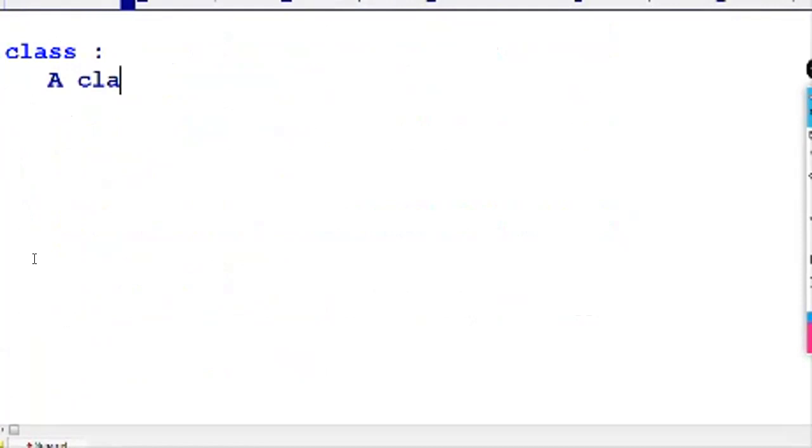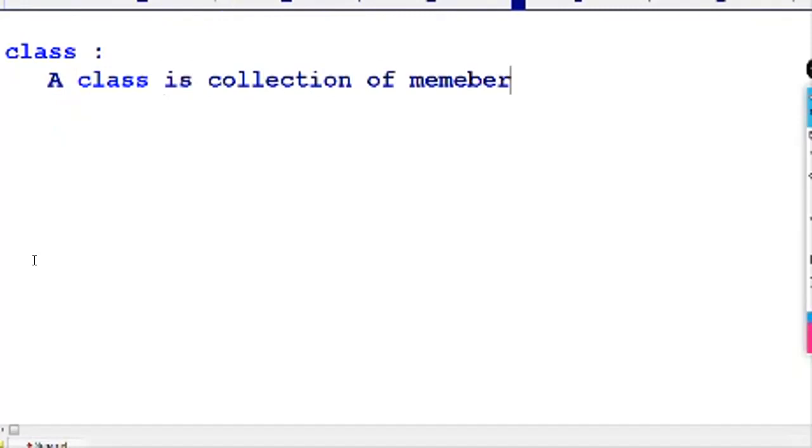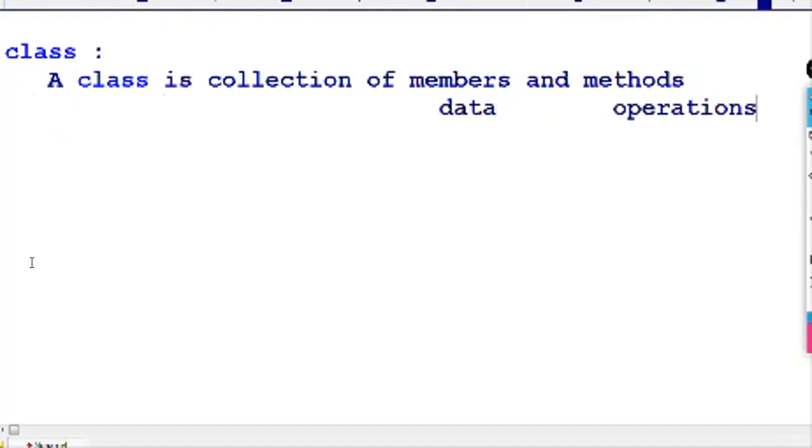A class can be defined as a collection of members and methods. Sir, what is meant by a member? Members can be called data, and methods can be called operations.